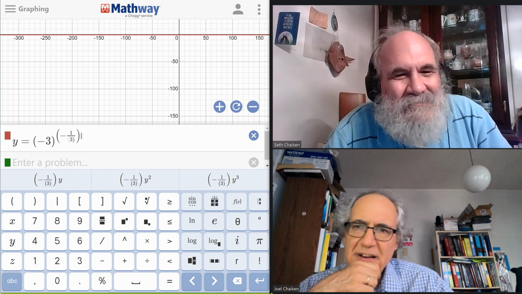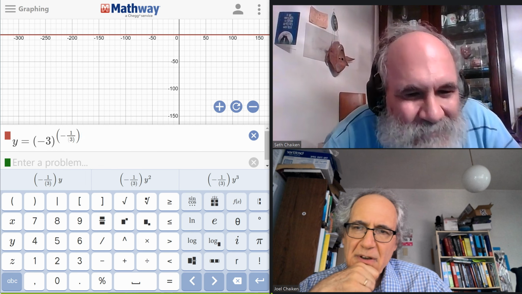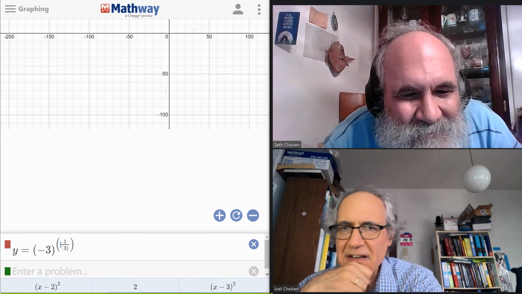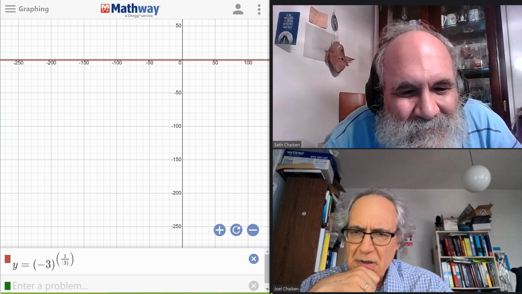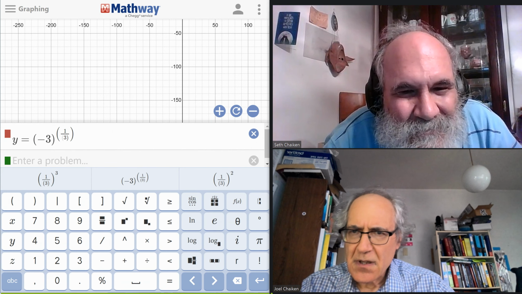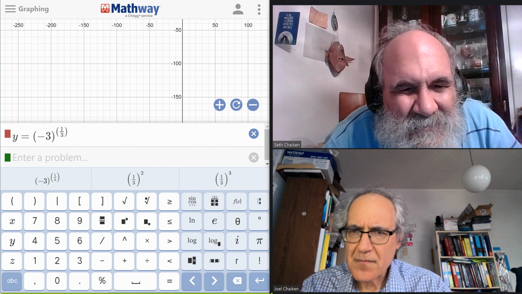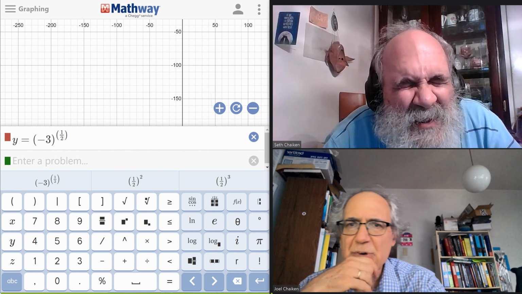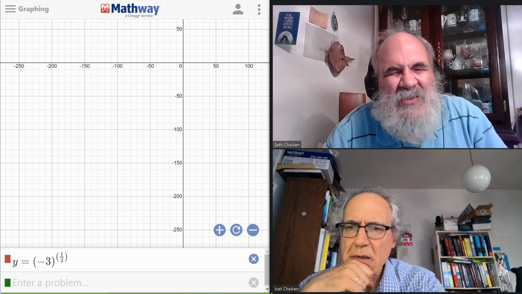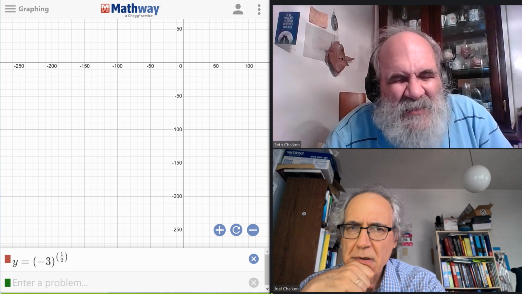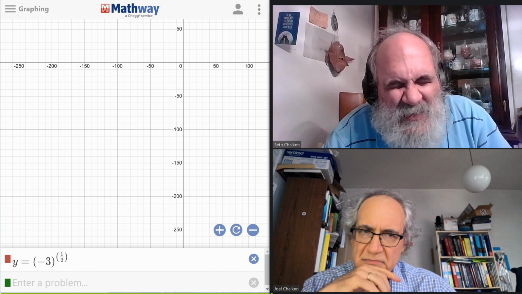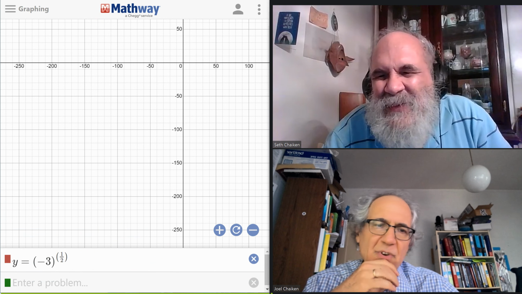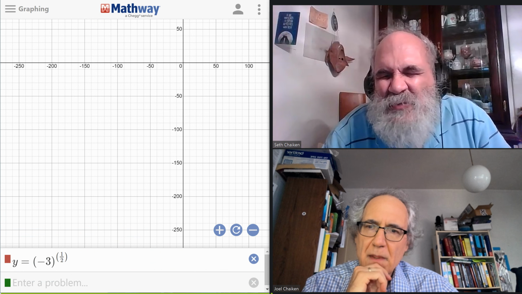There it is. See, that worked, right? Or even to the third. That graph gave you the answer. But it just doesn't work for a half. So it just doesn't work. -3 to the third is the number which, when you multiply it by itself 3 times, you get -3. It's the cube root of -3. So it's the cube root of 3